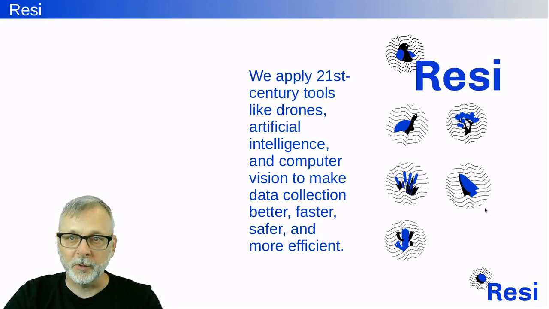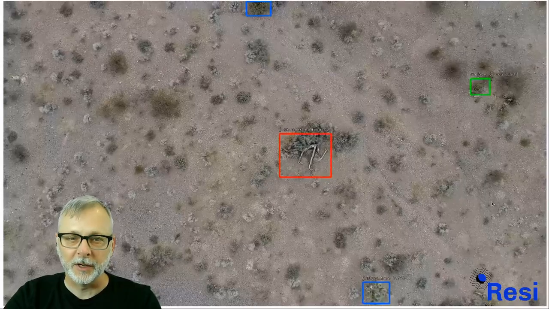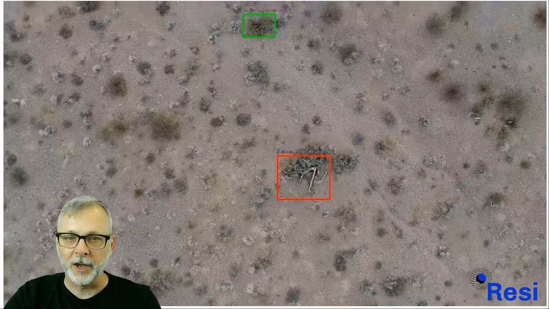A word about Resi real quick. We are a small company and we focus on applying modern tools like drones, artificial intelligence, and computer vision to make field data collection better, faster, safer, and more efficient. And just to give you a sense for what that means and the kind of thing we're talking about, this